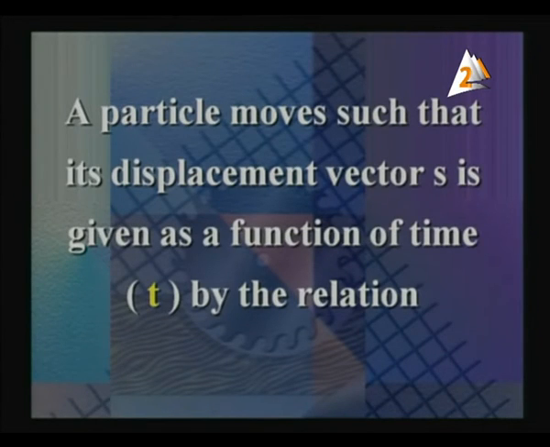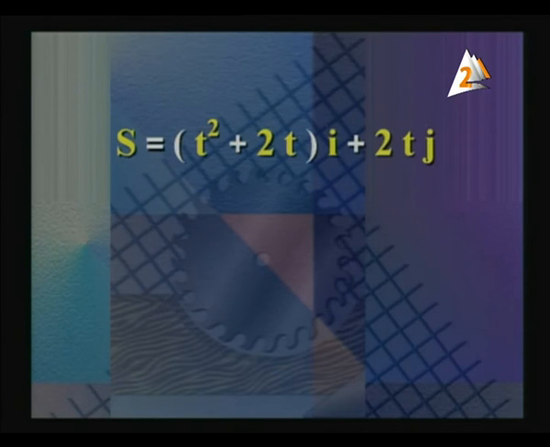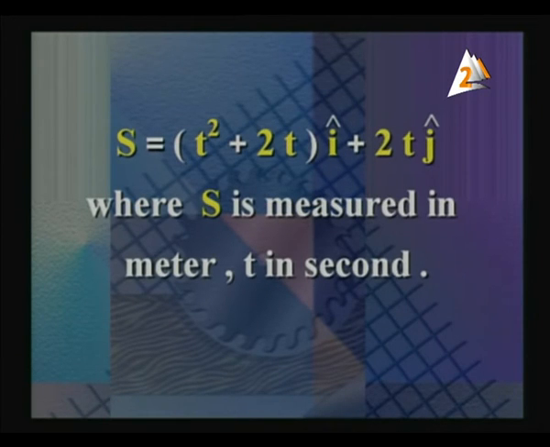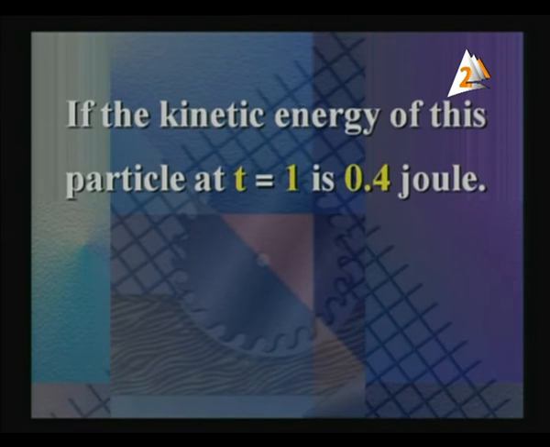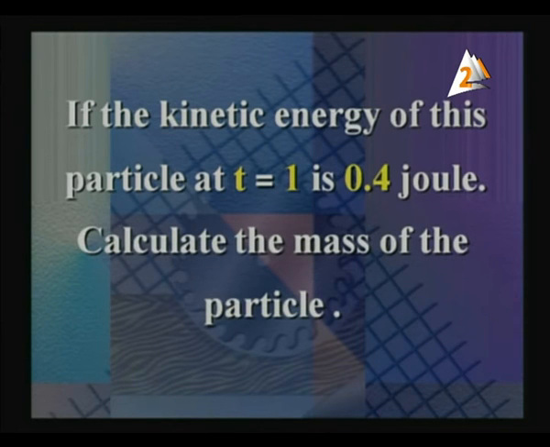A particle moves such that its displacement vector S is given as a function of time t by the relation S equal (t square plus 2t) i plus 2t j, where S is measured in meters and t in second. Now, if the kinetic energy of this particle at t equal 1 is equal to 0.4 joule, calculate the mass of the particle. As solution, we say,